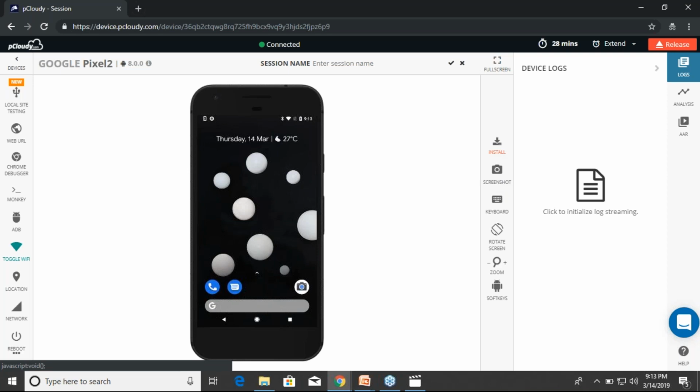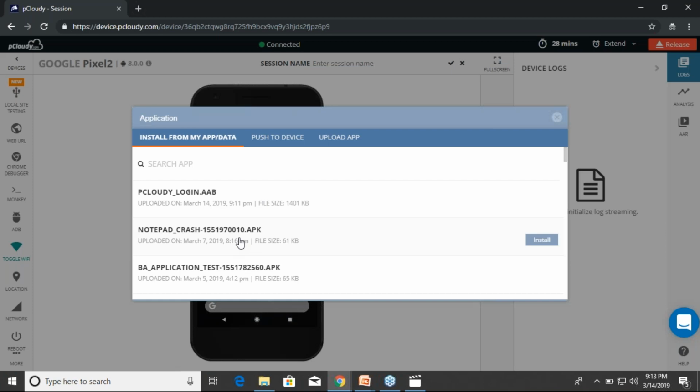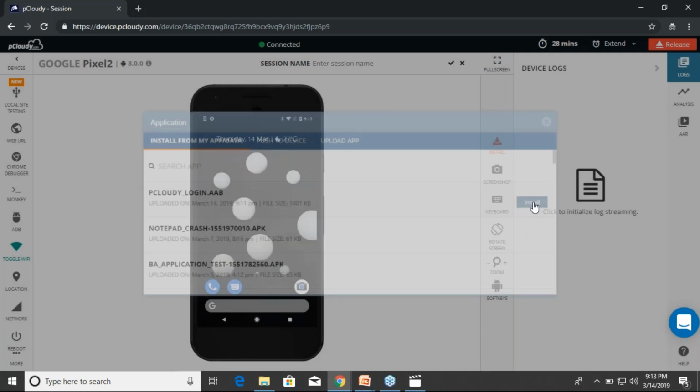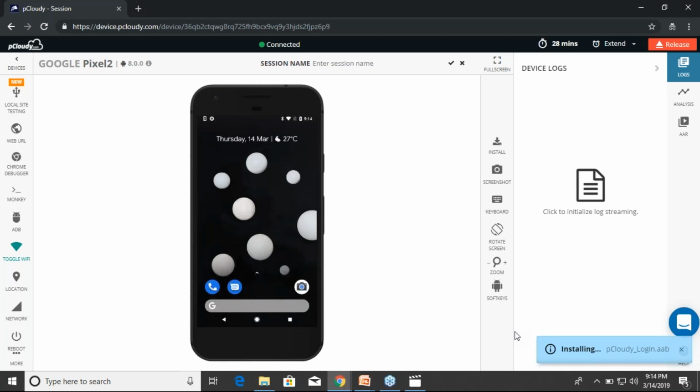You just click on the install button, and we will show you all the files we have already uploaded to the cloud drive. Those who are already using pCloudy, for them it's pretty easy, because they are using APK and IPA files to install. In the same way we have to use it for AAB, and we now show the AAB file here. When I click on install for the particular file, that file will be installed by the platform on that device, and you can see the progress from here. You can see the file is getting installed by the platform. Once the file gets installed, it will be launched and opened for you,